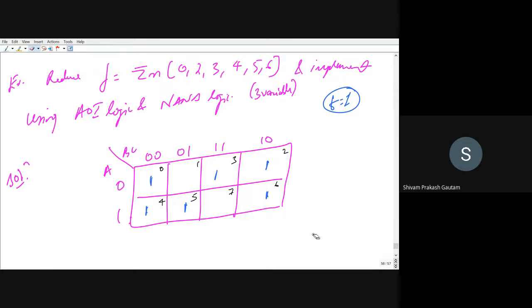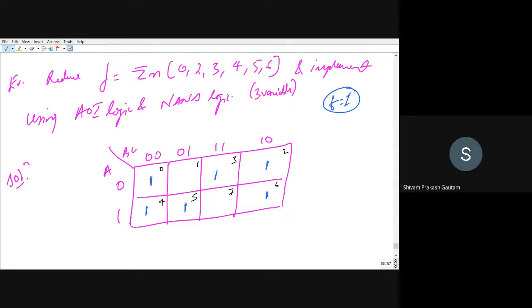After this step, if you can recall the K-map rules, you have to first select the isolated cell. So just see and find out whether there are any isolated cells here or not. What does isolated cell mean? That is, the neighboring or adjacent cell should not contain 1. Adjacent cell should not contain 1, right? So can you see here any isolated cell? No, sir. Right. So this is step number 2.